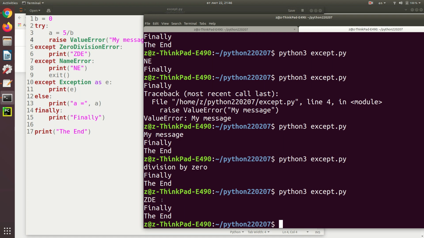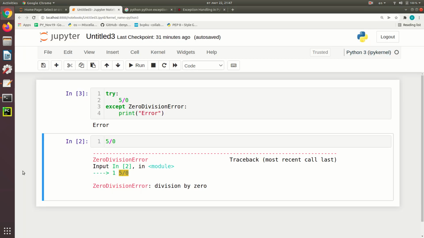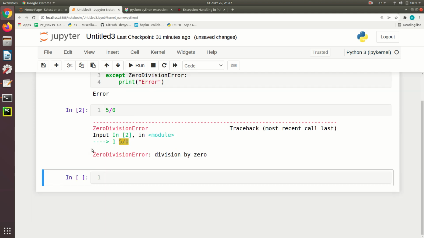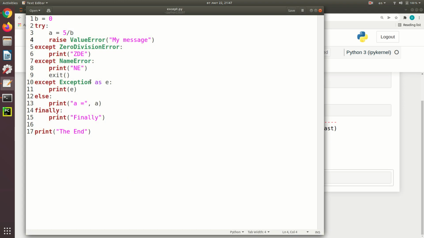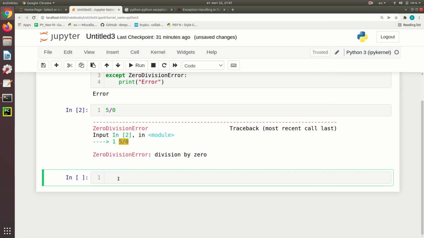So maybe that's all about try except blocks, all possible combinations of such blocks and so on. And maybe in general, that's enough about exceptions. There are some other, a little bit less important things which we can also know about exceptions, but for now it doesn't make sense to discuss them. Maybe I can show you only one additional syntax construction. Sometimes it's possible to use a raise. Raise, you remember, is used to throw an error. We can use raise without